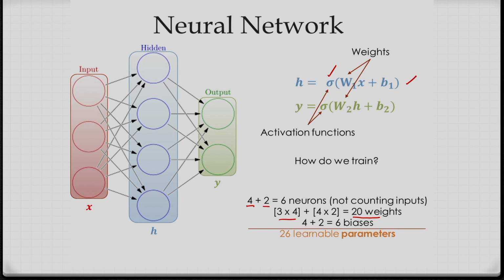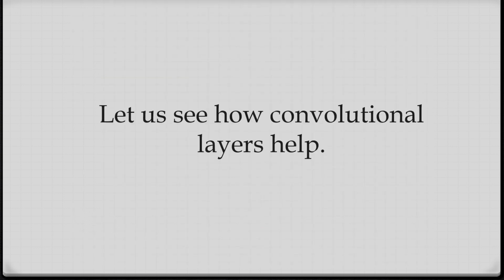And if I consider the bias, suppose for the hidden layer we have 4 bias terminals, then in this case we get 6 biases. So that means we have 26 learnable parameters in this neural network. That is too high. So how to resolve this problem? By considering deep architectures, the deep networks. For this I will discuss the concept of the convolution neural network, what it is, and how the number of learnable parameters can be reduced.